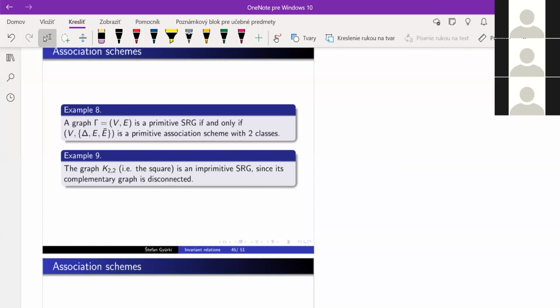In fact, the strongly regular graph defines the association scheme with rank 3. This means that